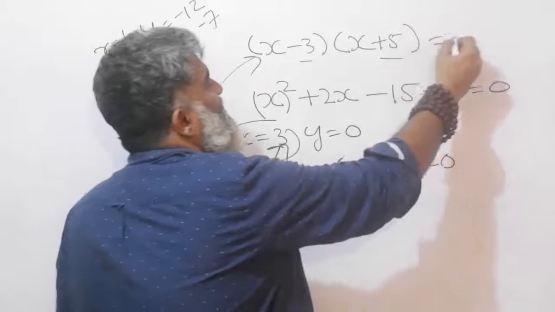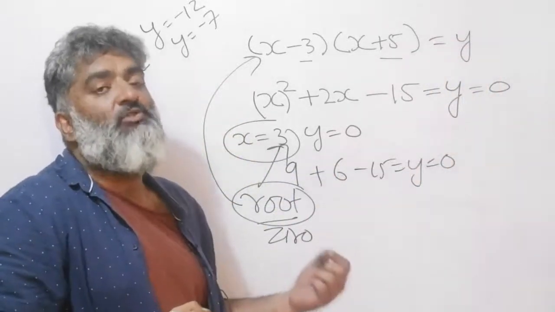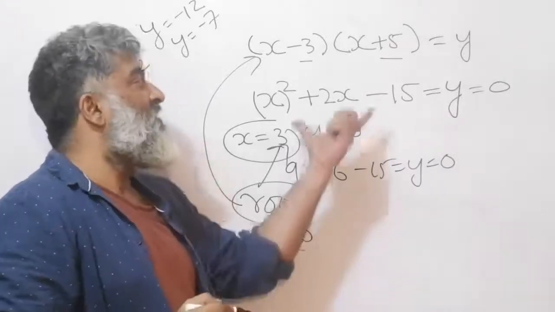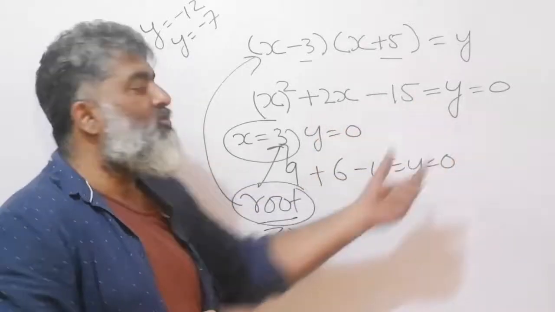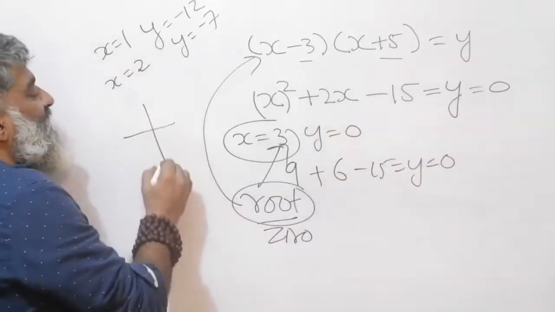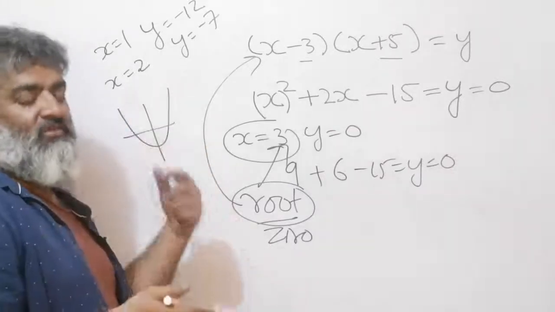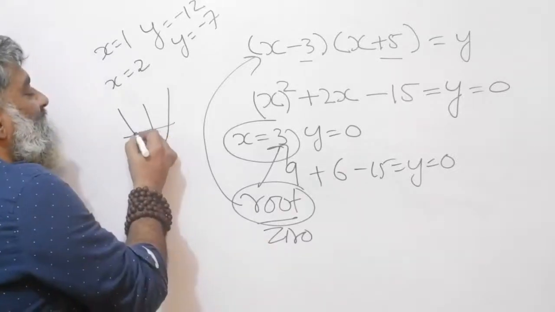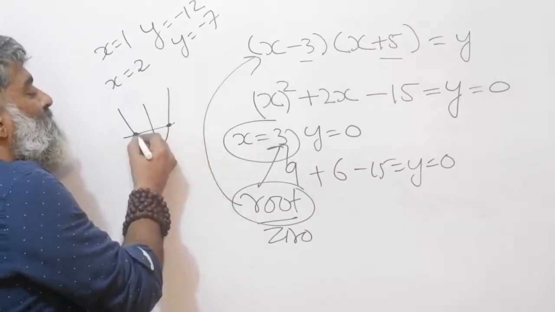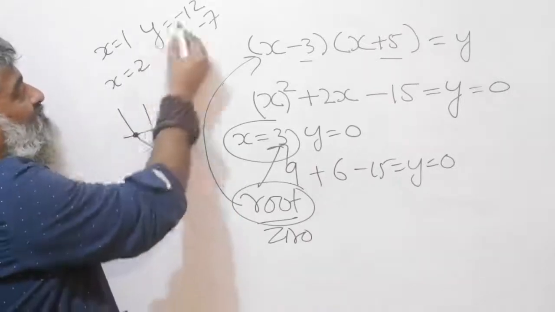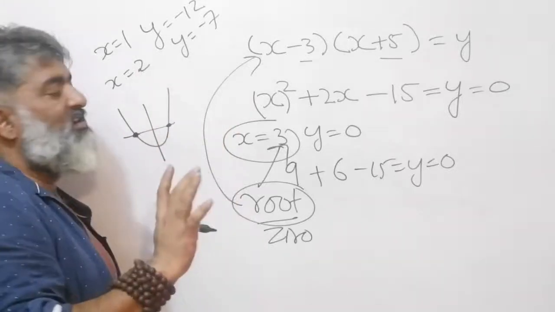If I equate it equal to y, then it becomes an equation. And what does it mean? What do I mean by the root? I mean, at what point does this whole expression become equal to 0? Why am I interested in 0? Because in case you have already made graphs for quadratic equations, what are quadratic equations? What are the details of them? We'll cover in due time. But let's say this is the symbolic representation and this is the root point. How am I drawing the graph? Input, output, input, output. I'll plot it on the graph. That much I'm assuming everybody knows because of day 1 graph theory.